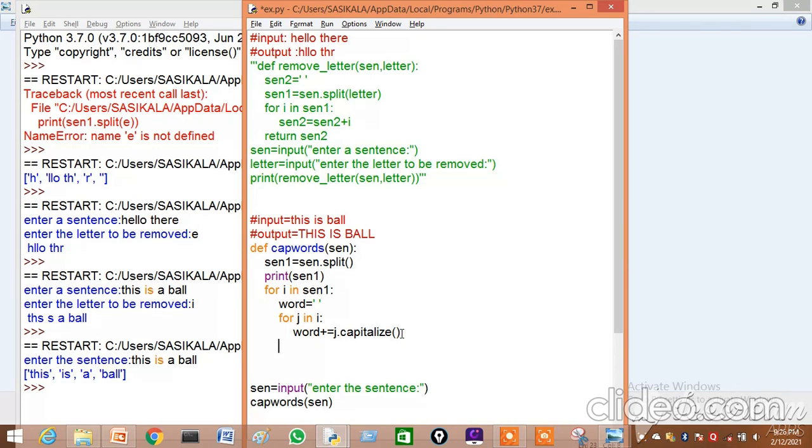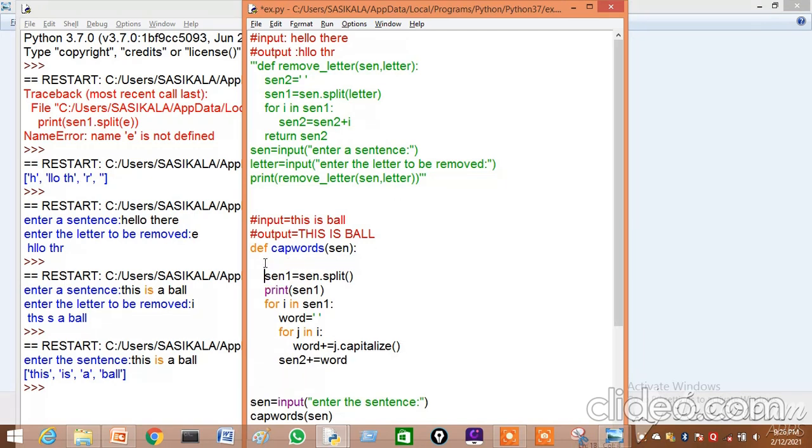Okay, so each and every letter I capitalize, then I should group those words. Okay, what I am doing, sen2 is equal to, all the words I am going to gather in a sentence, another sentence. Okay, so all the words are gathered and form a sentence. So this sen2 also, let us assign this. sen2 is equal to empty string.